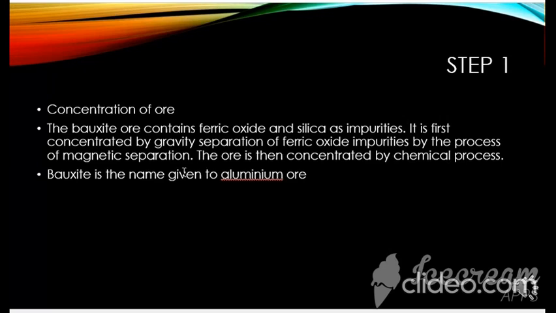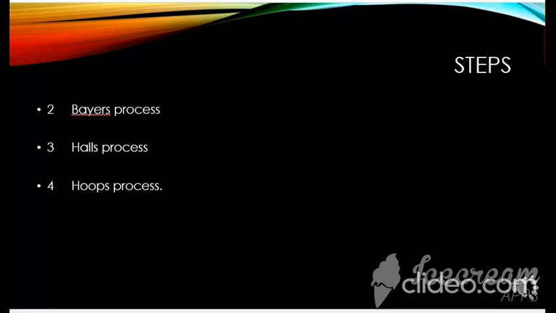Second is the gravity separator. Again, a magnet is applied over the ore, which gets attracted to the magnet, and all the impurities are washed away. So we have concentrated the bauxite ore with the help of the gravity separator and hydraulic washing. Next steps, following the concentration of ore, we are going to follow the Bayer's process, Hall's process,